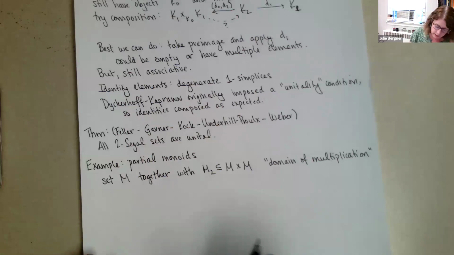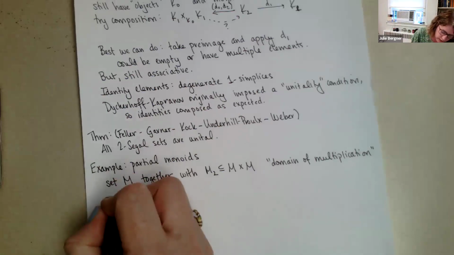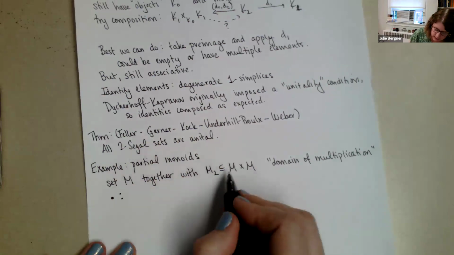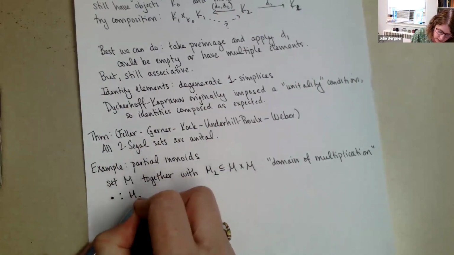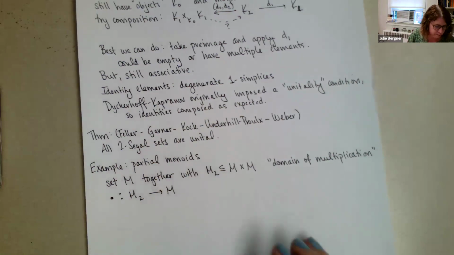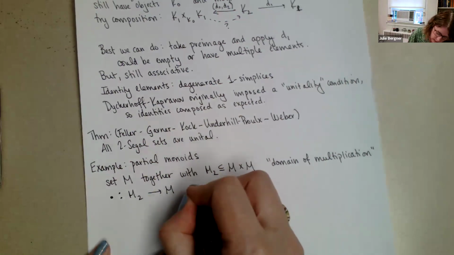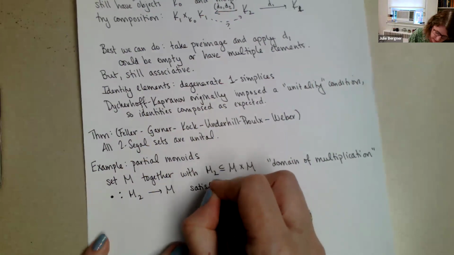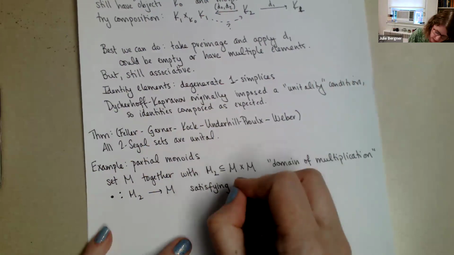And then there's a rule, we'll call it a dot, an operation. So it's not going to go from all of M cross M, it's just going to go from M2 to M. And well, we want this to be somewhat reasonably well behaved. So we say this is going to satisfy